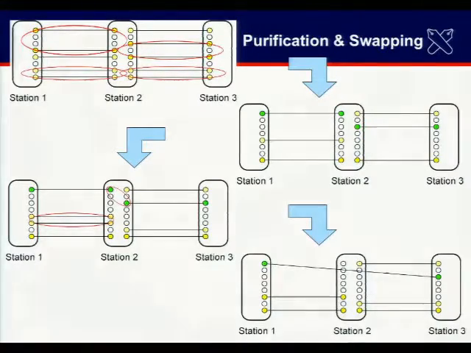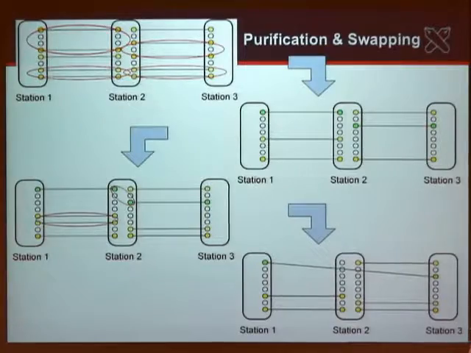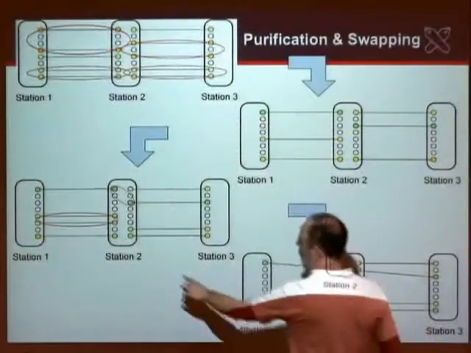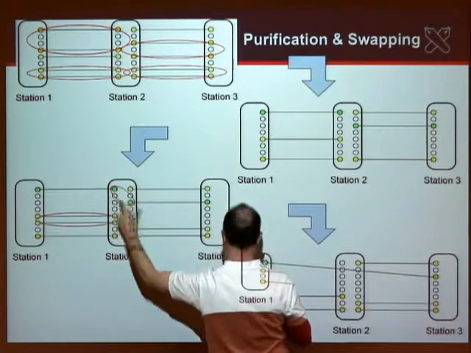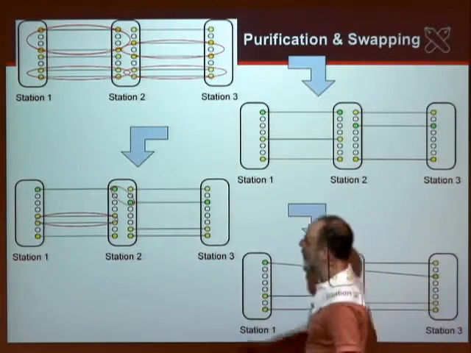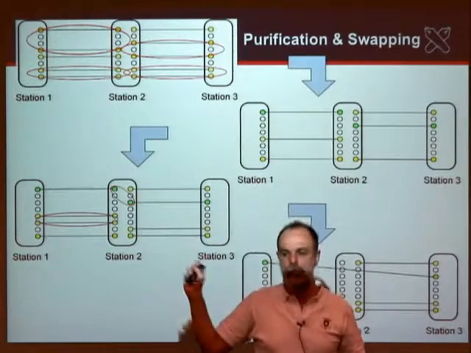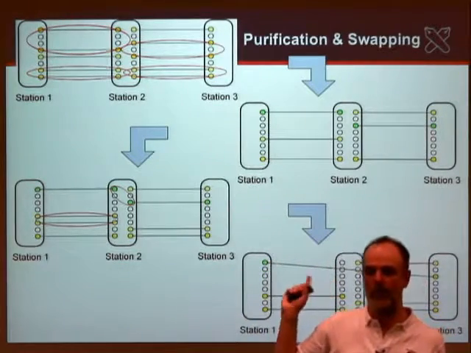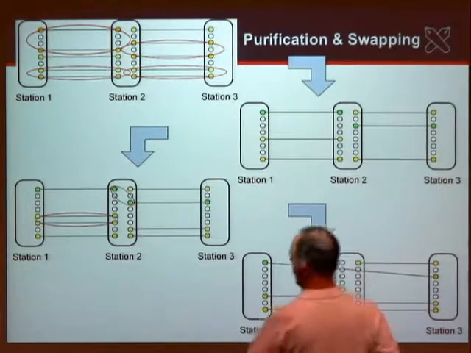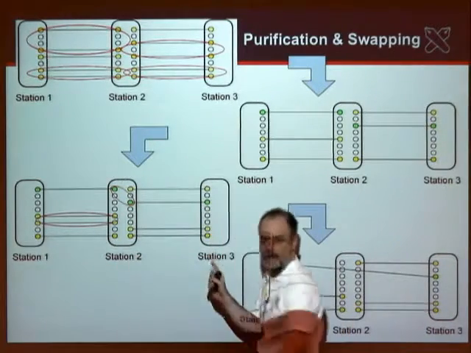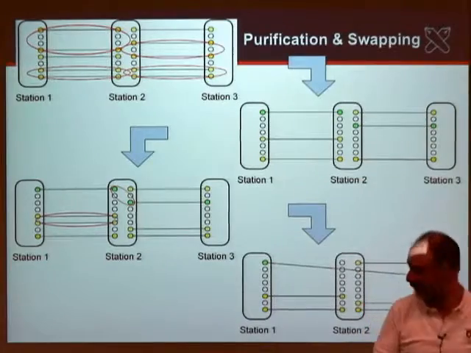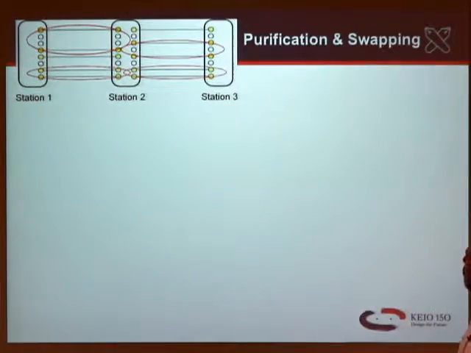Again, you have to have enough information to make the correct decisions everywhere. Right? This station 2 in the middle knows enough about these Bell pairs to make a good decision here, but 1 and 3 don't know anything about what's going on at 2 until 2 tells them. Right? They don't know what decisions 2 has made. And in particular, 1 probably doesn't know anything about the connection between 2 and 3. Right? That's an important sort of information hiding principle involved there.